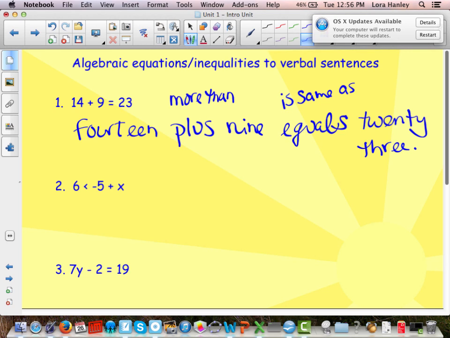For number 2, there's 2 different things that make this a little trickier. First is the inequality, and second is the variable. So I'm starting out with 6, and here we have a less than. So remember, when I translate the inequality sign, I need the word is in front of it. Is less than -5